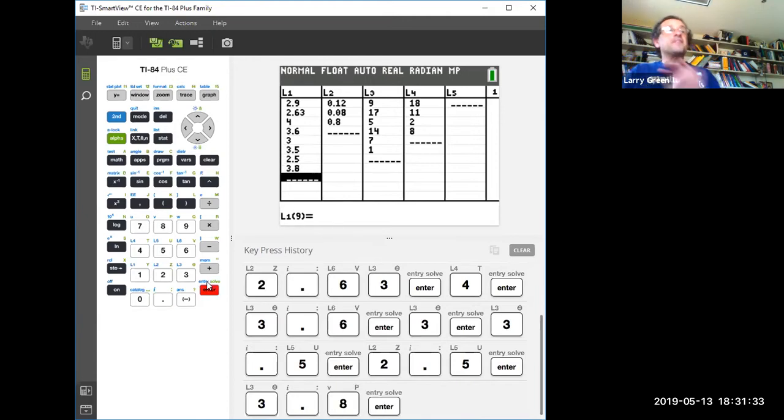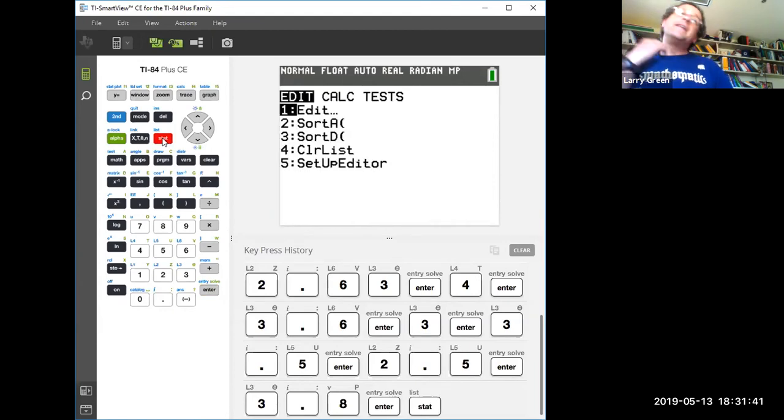Okay, so that's something you should know how to do already. This is just putting data in. So now I'm going to have the data in. Now I'm going to go to Stat. And now this is the first time we've used this. I want to let you know the rest of the course is all about this menu item, and that is tests.